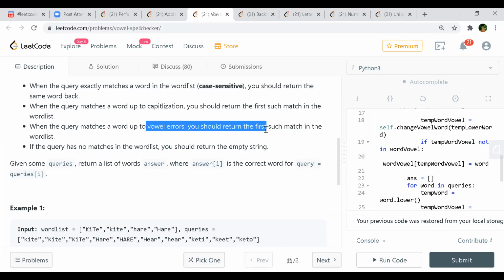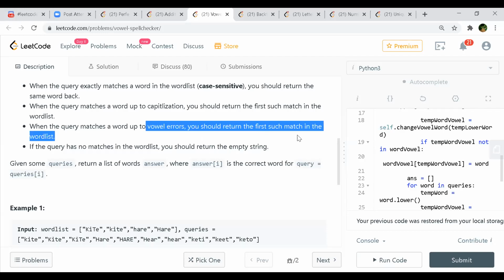No, if there are errors, then we'll return the first match in the word list, isn't it? But how is this KI capital T a match? Well, it is a match because it's just case insensitive, right? So like Shashank is saying, first of all, it's a vowel error case, and after you resolve that, you cannot focus on case sensitive match. You have to focus on just the content match, and the content match is working with the first, like the rule says, just pick the first match.